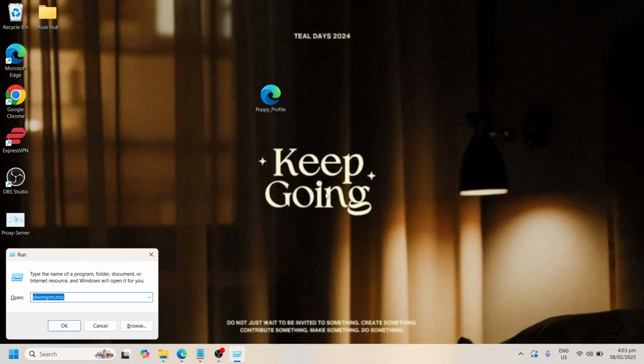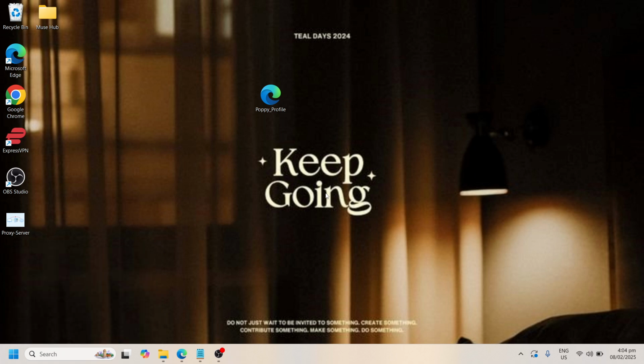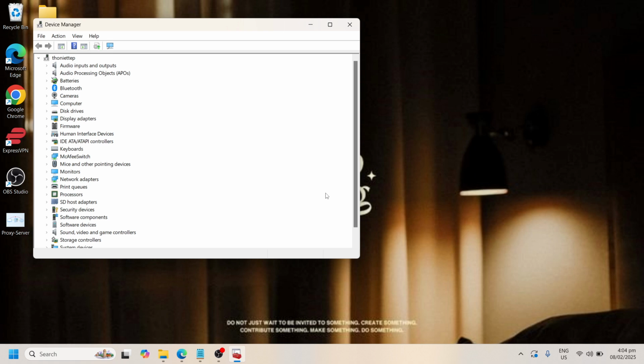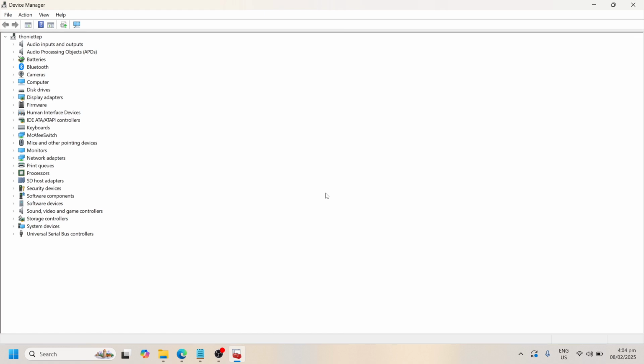The moment you do that, please type devmgmt.msc in this new window, and with the help of your Tab key, go for OK. Once it is highlighted using your Tab key, press Enter to proceed. After that, this Device Manager will appear. In order to maximize it, press Alt, Space, and X together, and it will automatically maximize it